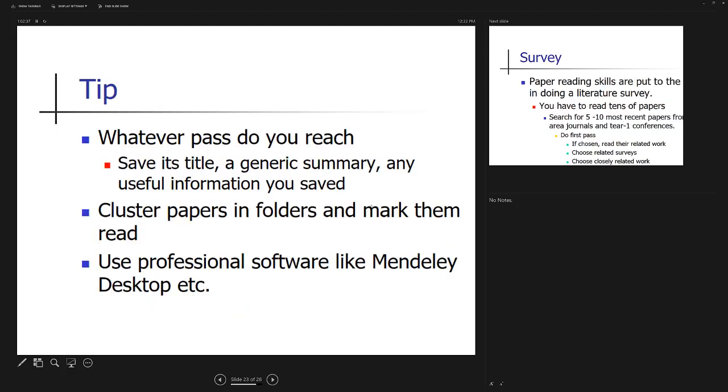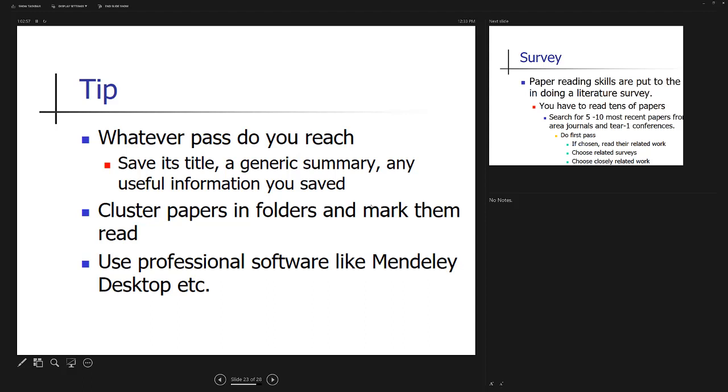Good. So here is a tip for you. Whichever pass you reach, whether the first pass, second, or third, always note down your findings of that specific step.